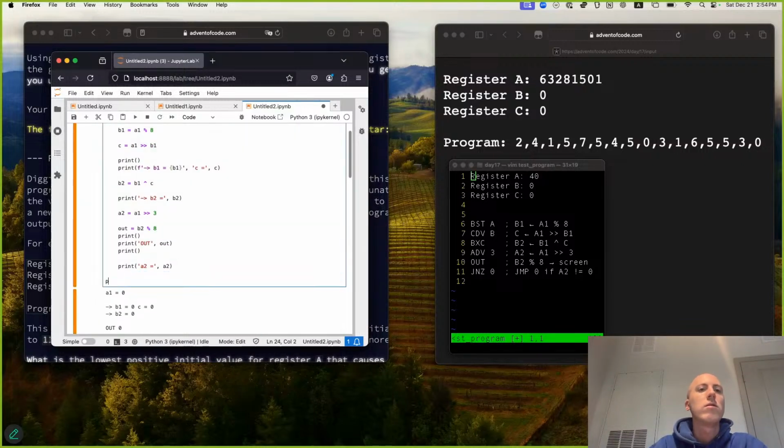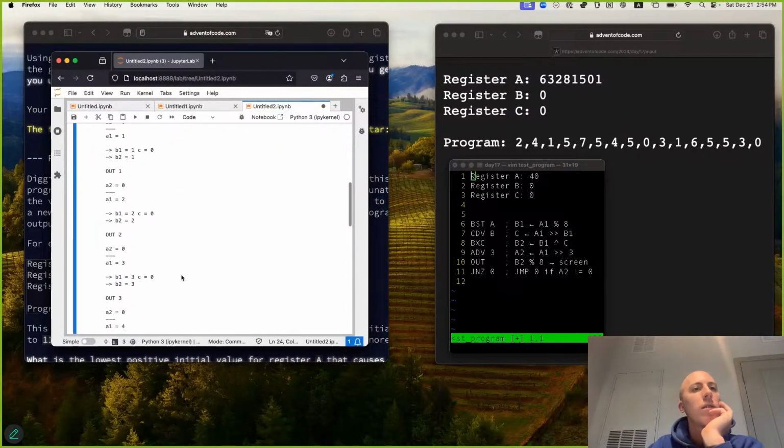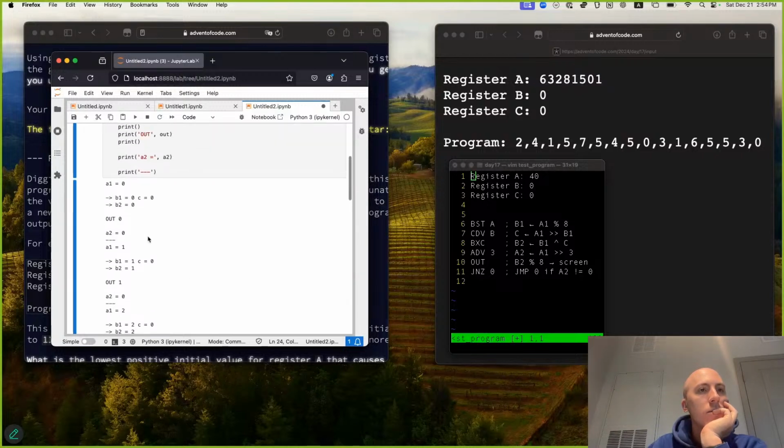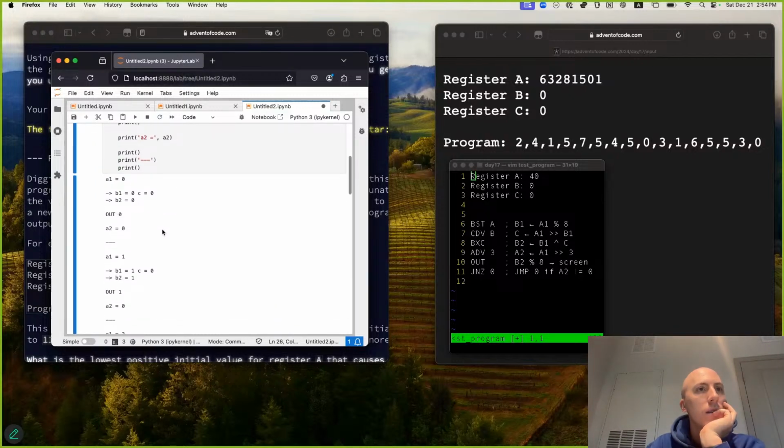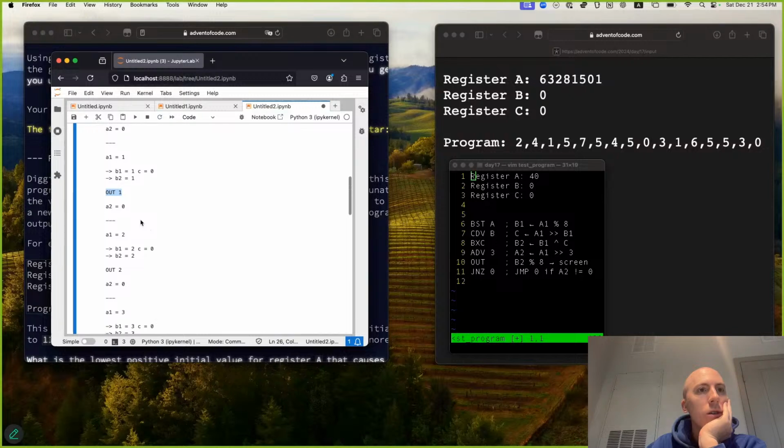And down here, let's do, okay. So we got out of 0, out of 1, out of 2 when a1 is equal to 2. That's good. Out of 3, out of 4. Yeah, because